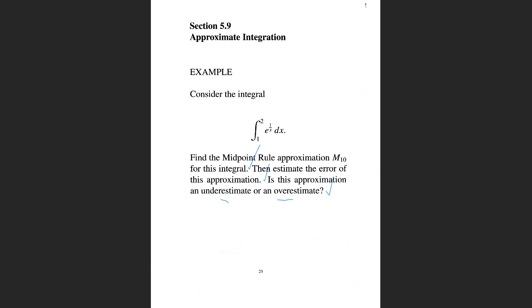And for simple functions, for functions that are either concave up or concave down, this is a very doable kind of question. So if I look at the second derivative again,